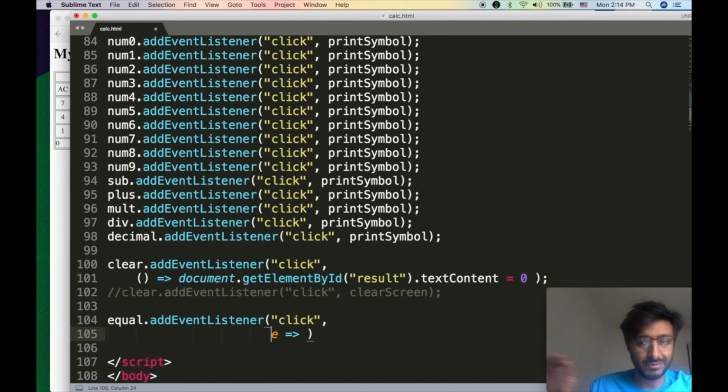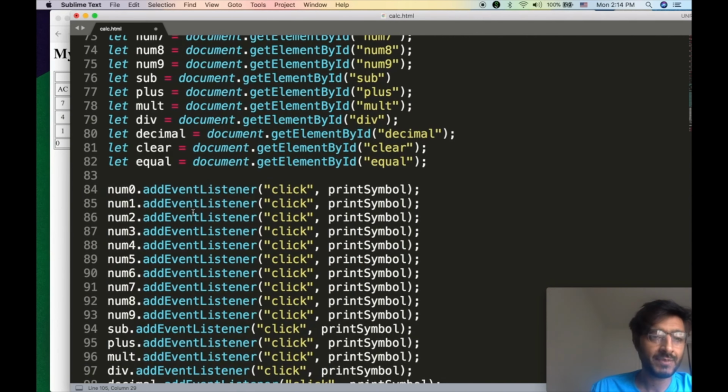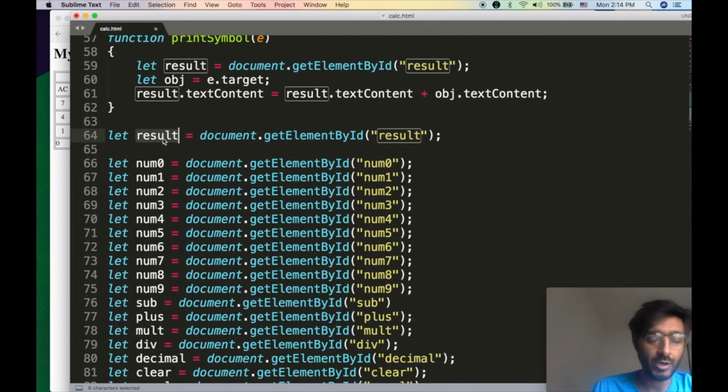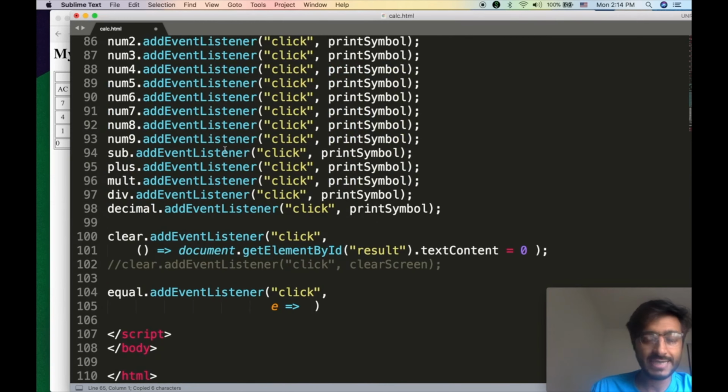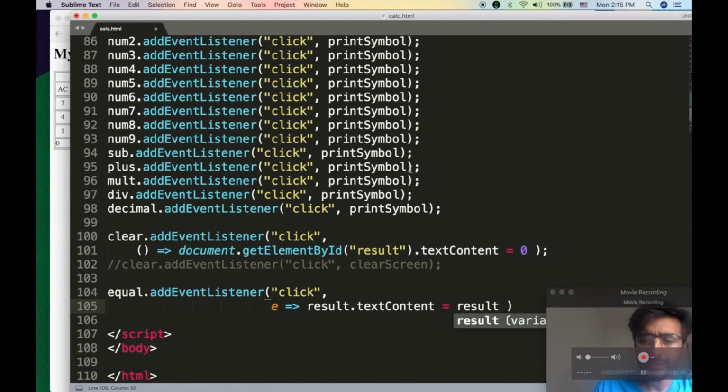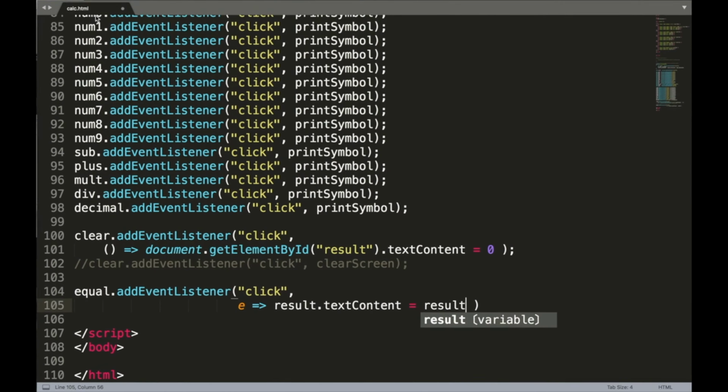It doesn't have to be one single line, right? Okay, what do we want to do here? It's really simple. The good thing is I already have that object, the result, right? And what I want to do is actually evaluate that result. So literally say result.textContent is equal to